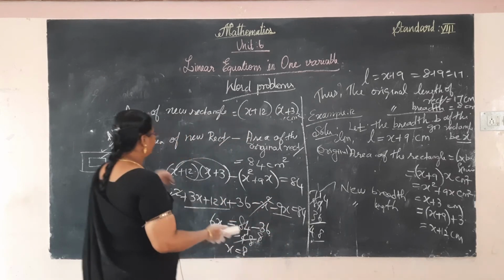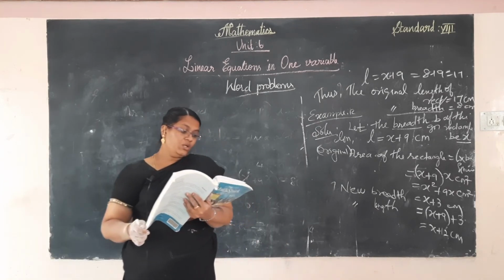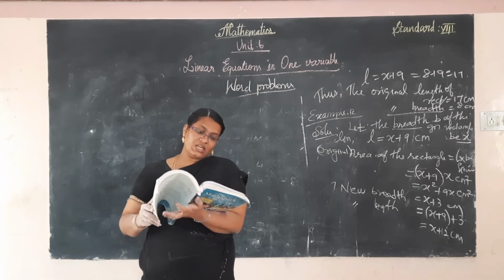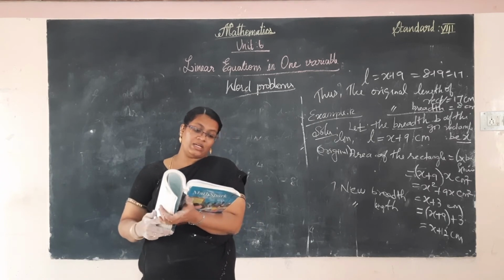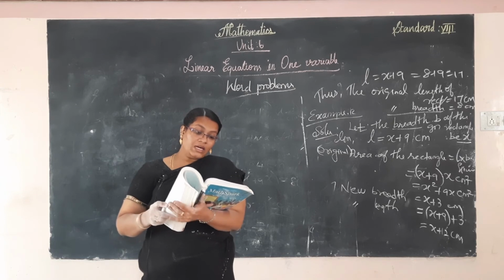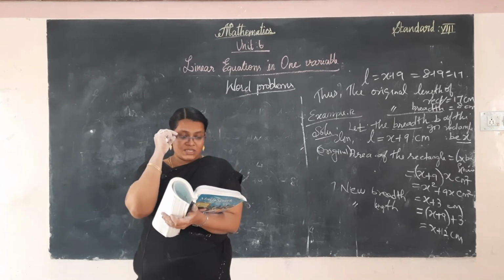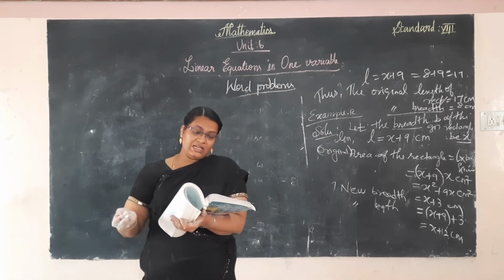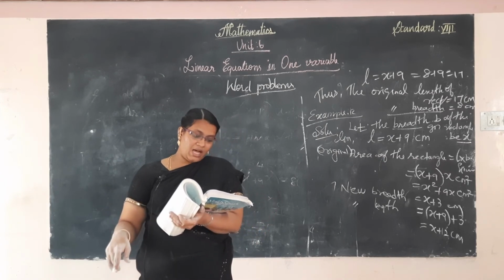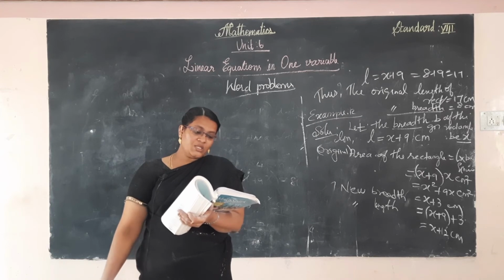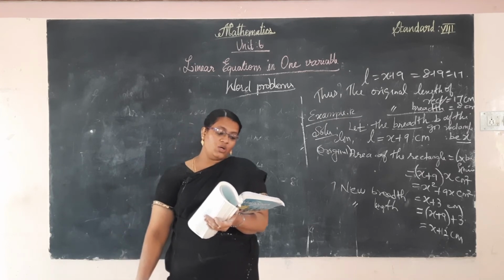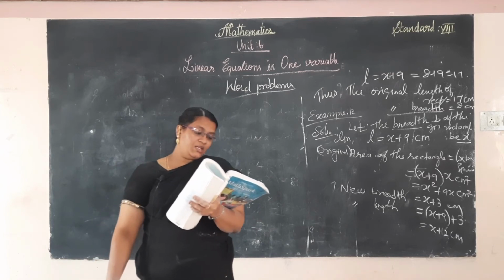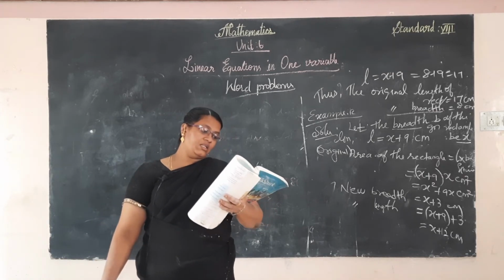Now move to the next one, the 13th one. A steamer goes downstream from one station to another in 9 hours. It covers the same distance upstream in 10 hours. So upstream in 10 hours, downstream in 9 hours. If the speed of the stream is 1 kilometer per hour, the speed is given, and we have to find the distance.